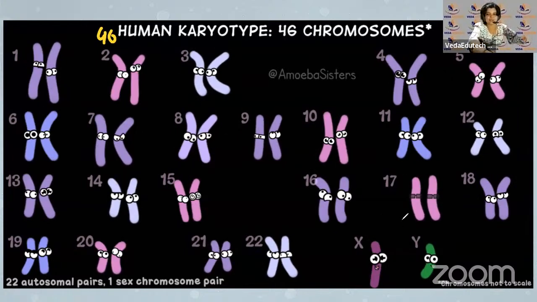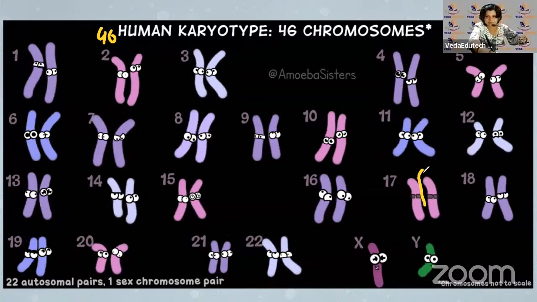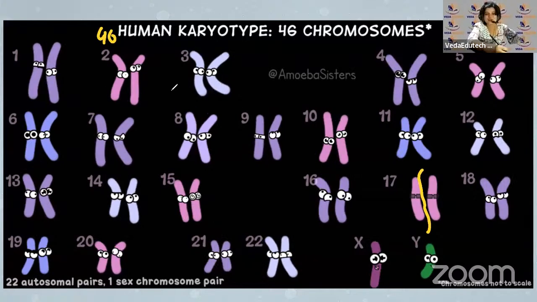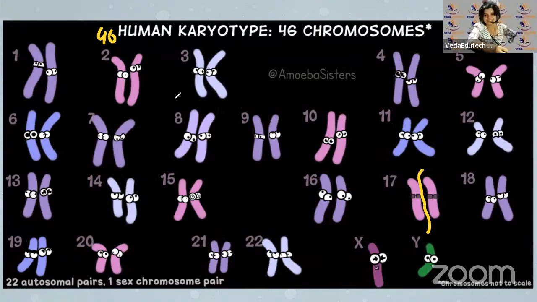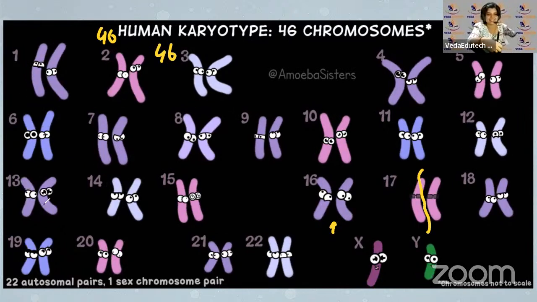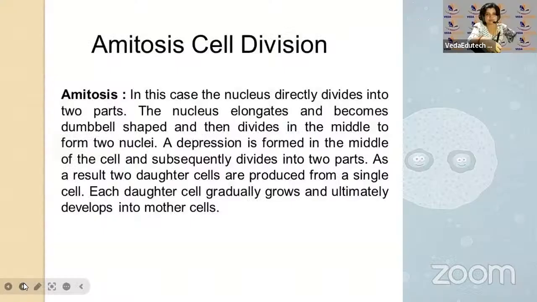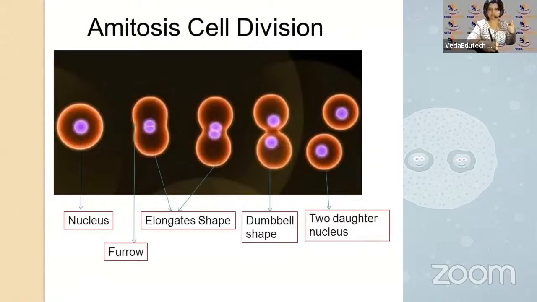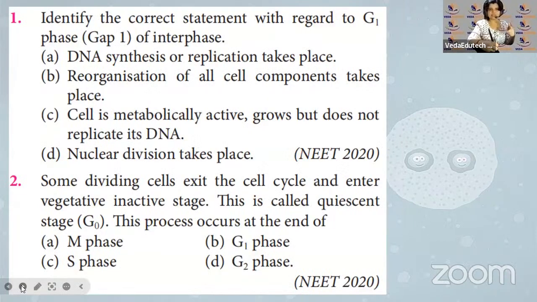Okay, wait, there is something wrong here. These are not joined, see? These are not joined, right? So how many chromatids? 46 chromatids. These are 46 chromosomes and these are 46 chromatids. Okay, alright. It's a very weird term that I came across when I was preparing for this lecture. We'll do this later actually. Let's solve a few questions and wrap up this session. We'll do mitosis later.